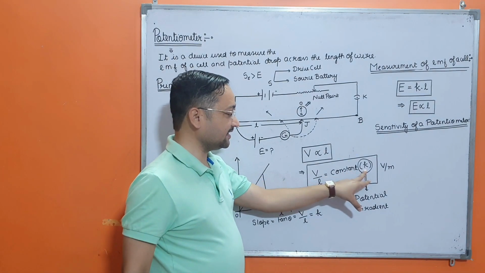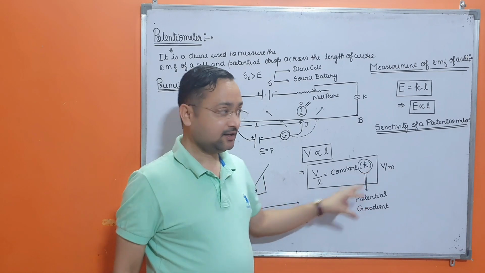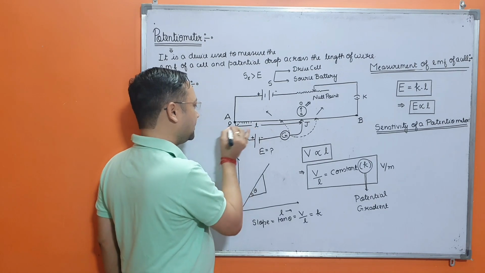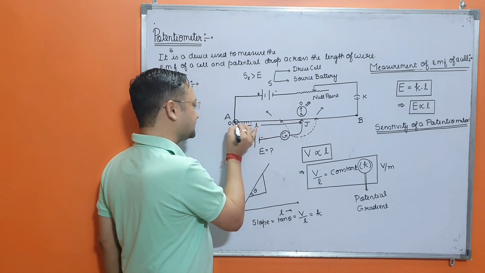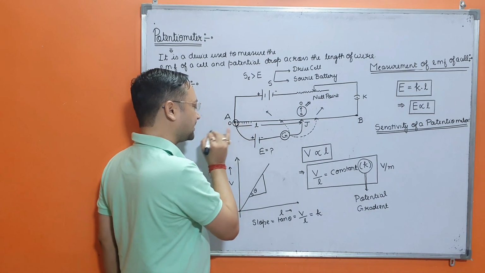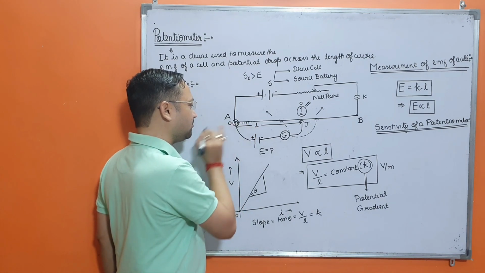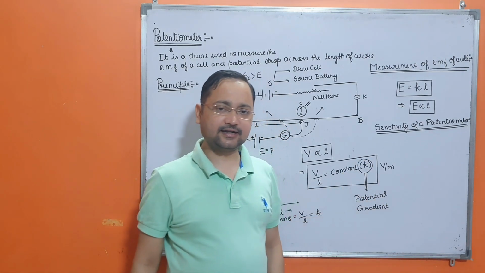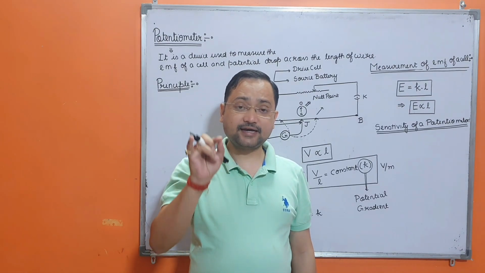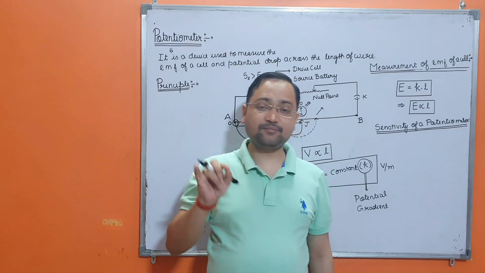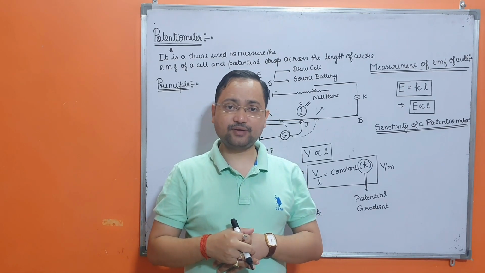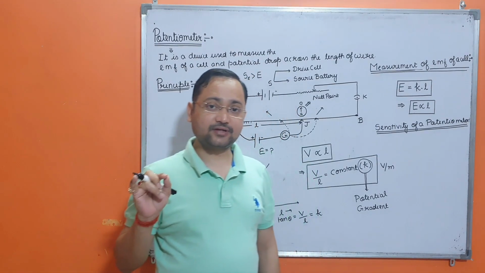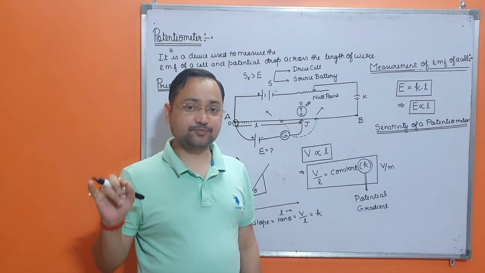In simple words, the gradient is the least count of the potentiometer, because on the potentiometer wire the divisions are marked in this way, and the value of the smallest marking is the potential drop only in a length of 1 centimeter of wire. That will be the potential gradient if we are measuring the gradient in volt per centimeter. The smallest value of EMF that can be measured accurately by any potentiometer is its potential gradient.